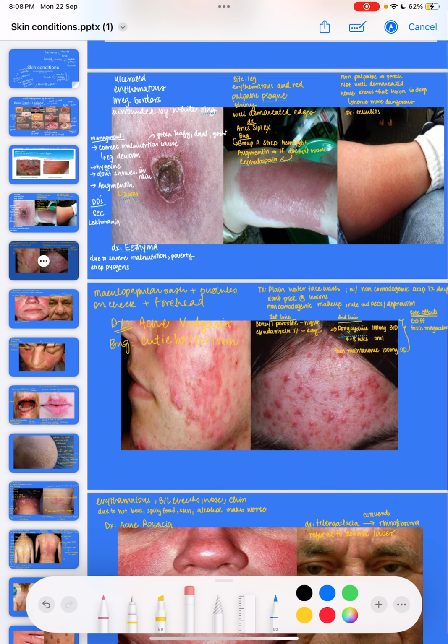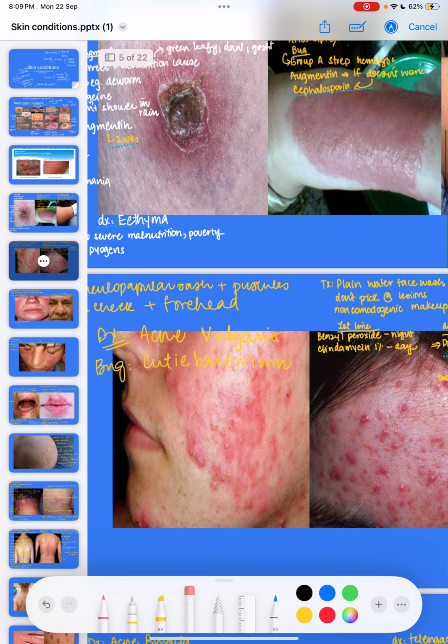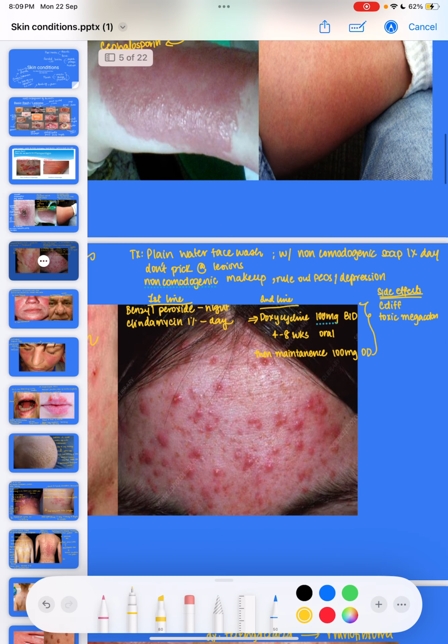So acne vulgaris is the diagnosis, and then the bug is Cutibacterium, which I think should not have an E in it. It's Cutibacterium, which is gram positive. So this is the treatment: you tell the patient to wash their face with plain water and only use a non